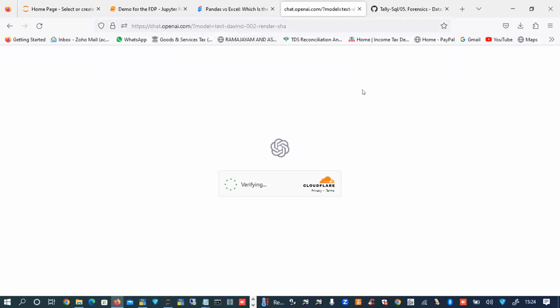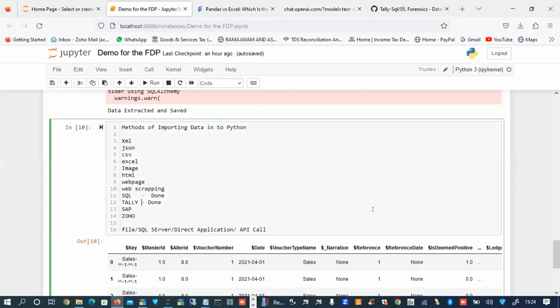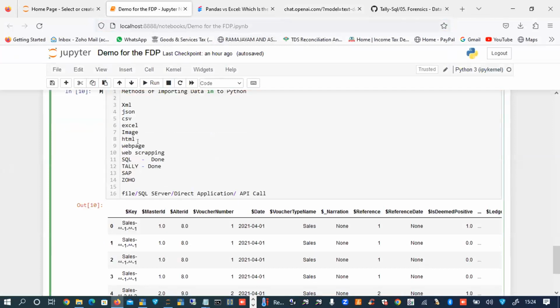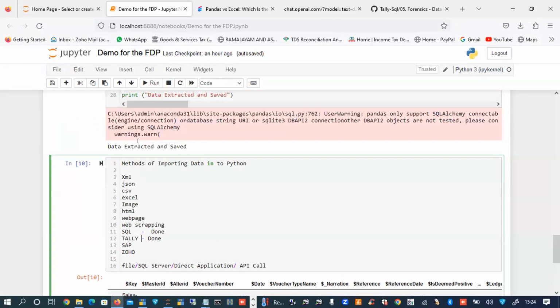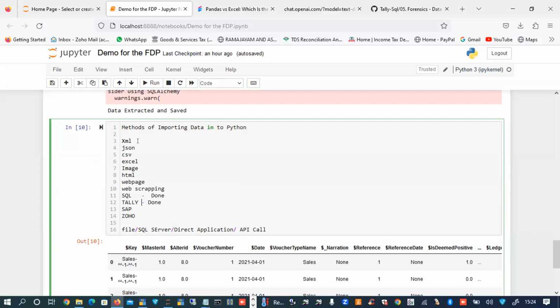I will move on. So you can write any scripts here. Any kind of data you are able to import. Sir, is there any question at this point in terms of types of data that can be imported into Python? Any specific items which you think cannot be imported in Python? I'm ready to clarify, sir.